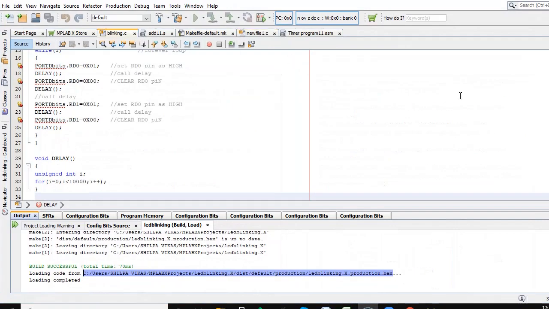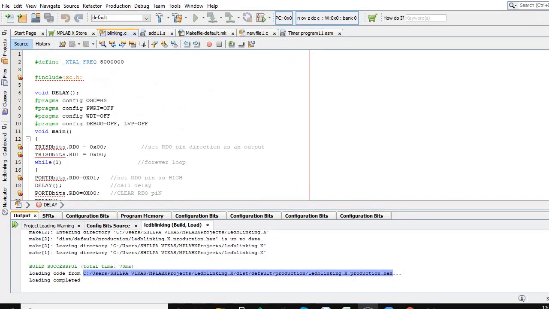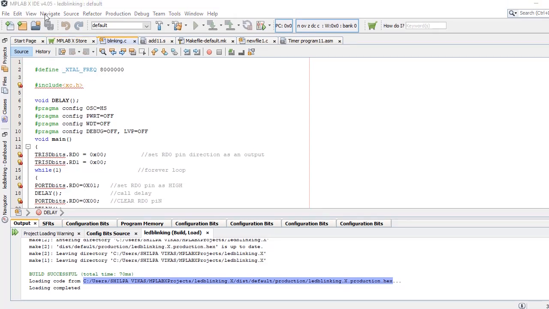In the LED interfacing program, we will discuss the program from the first line. This is the MPLAB software, and in MPLAB we need to follow the same process: create the project, build the project, and execute the project.